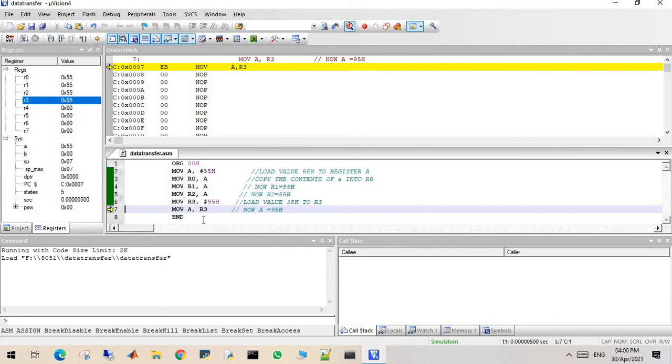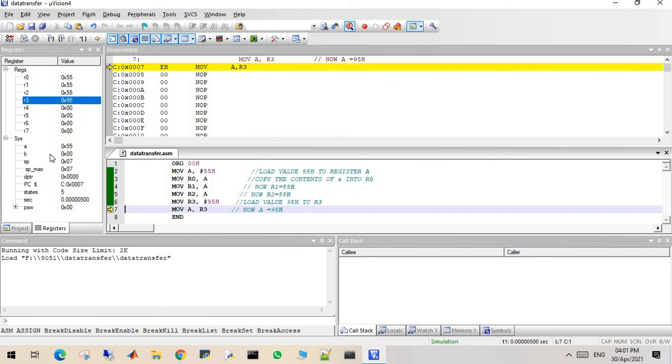Now we are moving the value 95H, which is saved in R3, to register A. Now the register has 55. If you look at all the registers, they all have different values now. Nothing has cleared. Once you move the value, it stays there.